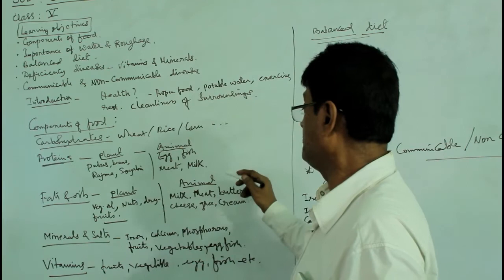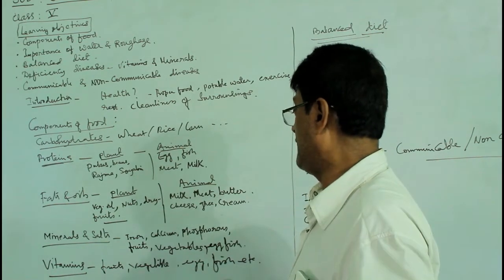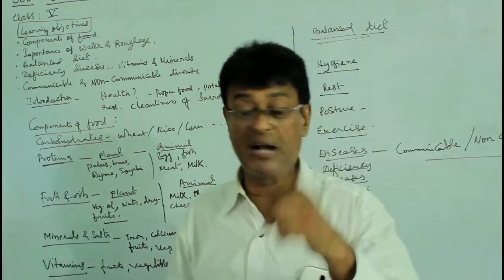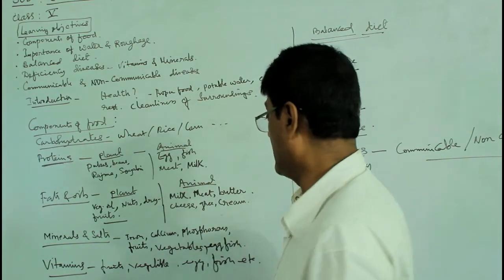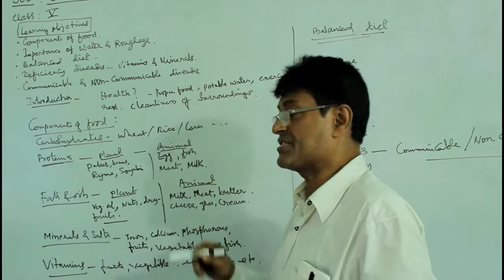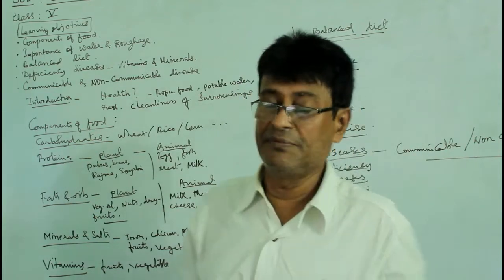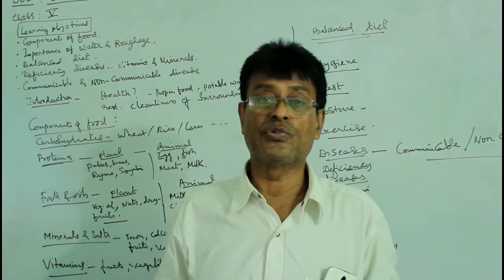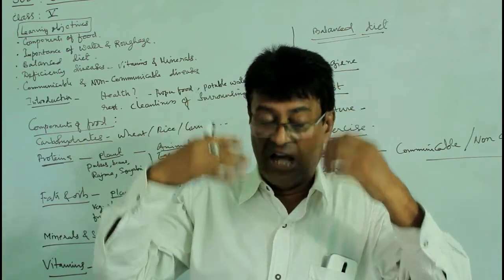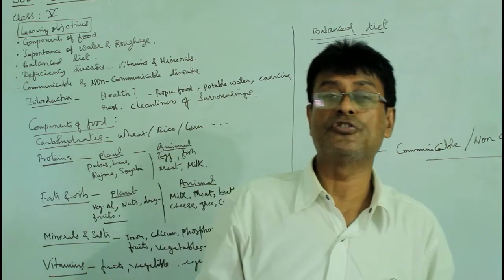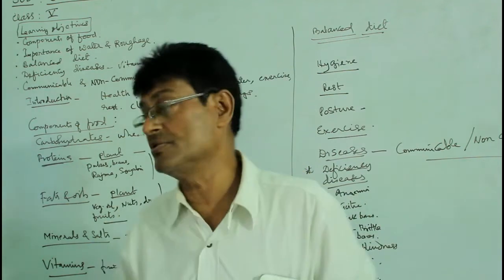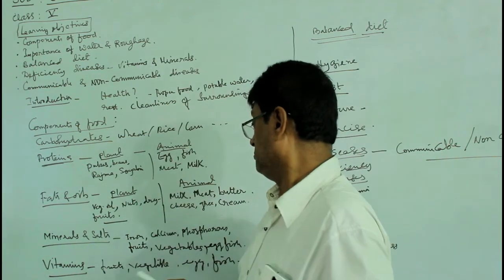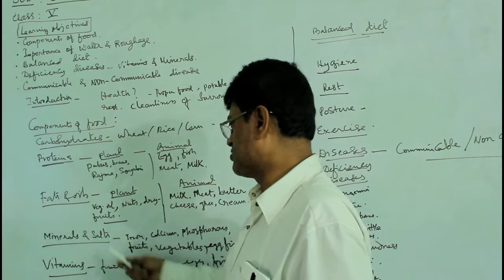Well, we have the animal fat. Animal fat we get from milk, butter, ghee, cheese, cream, etc. So fats are required for the body to give instant energy, also to give you the luster of the body, and also to give you immunity, a little bit of power to withstand disease.